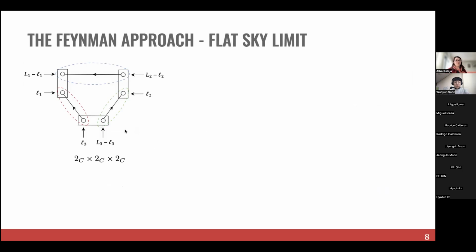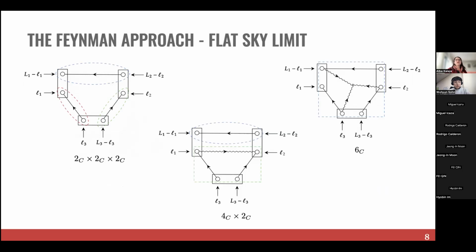And how do these diagrams look? They can have these features here, where in this case you're basically depicting a 3 times 2-point correlation function, but they can be more complex, as I'm showing here, where you have, for example, a 4-point correlation function and a 2-point correlation function. But you can also have the connected 6-point function as in this diagram here. Don't worry, I will go into the details, in particular of the first diagram, because it's also the easier one to give you an idea of how this works, and also how it can speed up calculations.